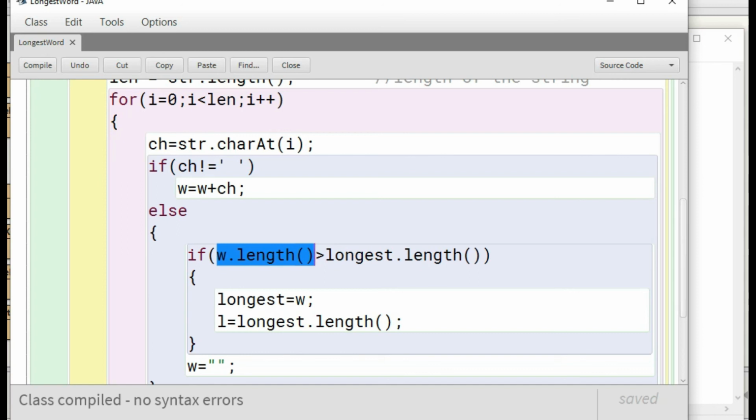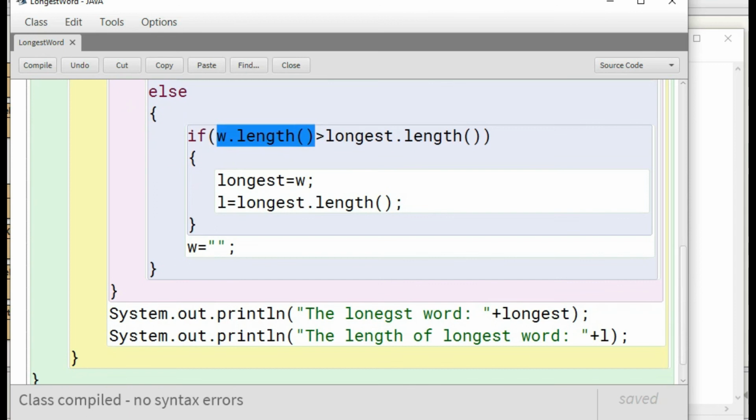So again in this way we are checking the third word with the longest one, and the fourth word with the previous longest one. So we are extracting each and every character, making a word by separating at the spaces and checking whether the word is greater than the other word or not. In this way the longest word is getting stored in the variable longest along with its length that is stored in the variable L.